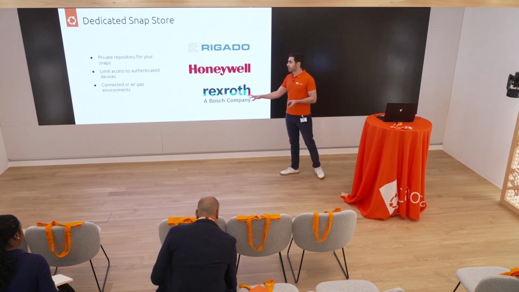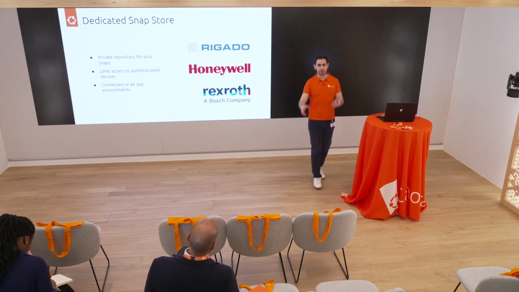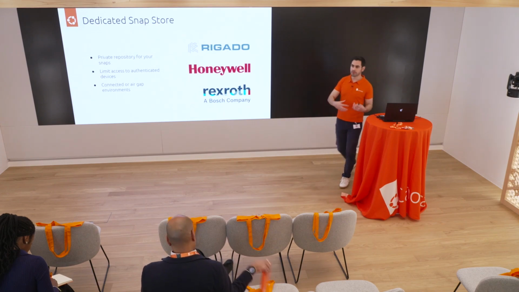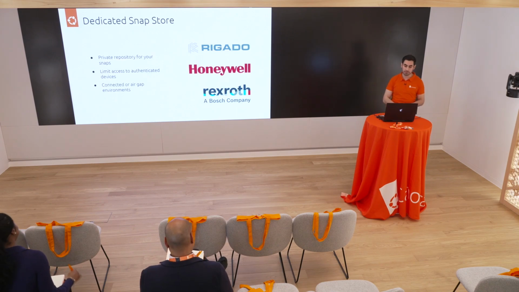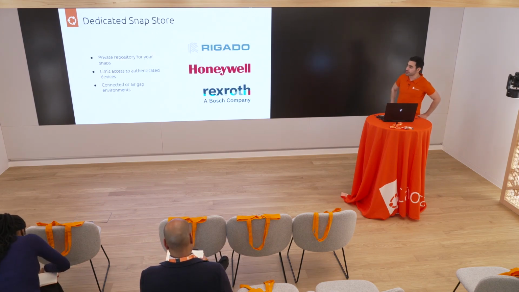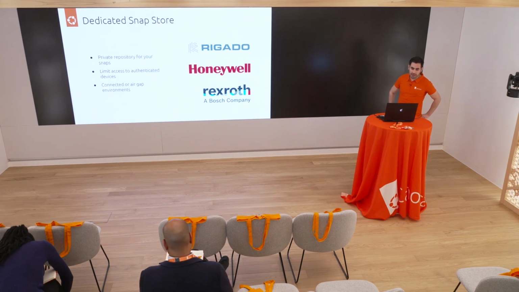And all of these can be done separately from using our branding, using our color. You don't need that. If you don't like the orange color, it's fine. You can bring the branding that you want. People will not see it. And of course, it comes with some great utilities like proxy deployments for connected or air-gapped environments. So you don't need to be connected to the internet, but still, you can leverage this infrastructure for updating snaps.